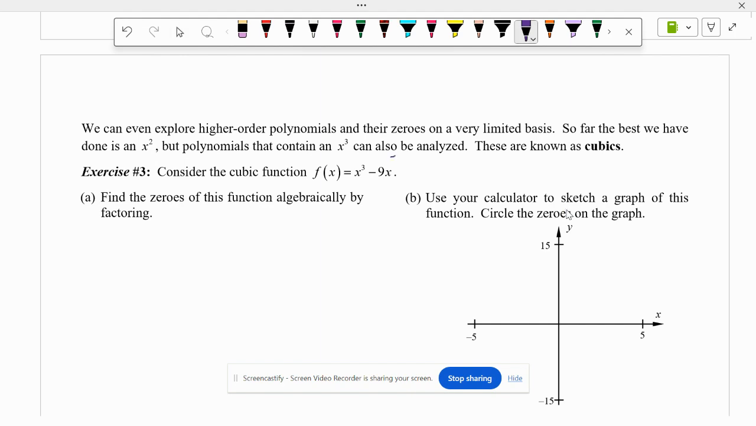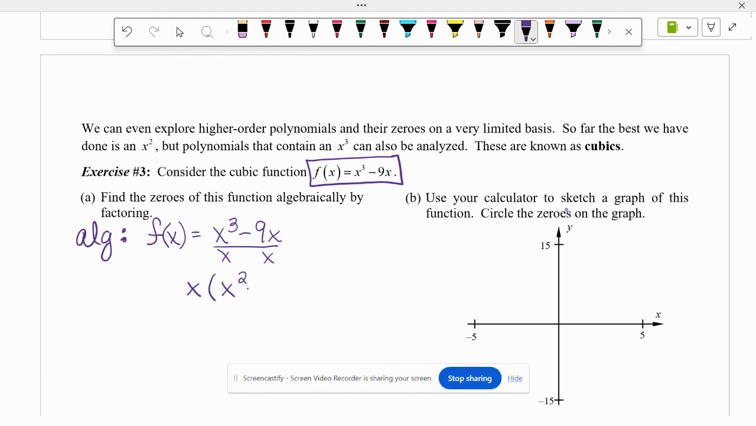So consider the cubic function f of x equals x cubed minus 9x. We want to find the zeros of this function algebraically by factoring. The first thing that we want to do is look for a GCF. So f of x equals x cubed minus 9x. Well, I see that I can divide both of my terms by x. So the first thing I'm going to do is factor out an x, and that leaves me with x squared